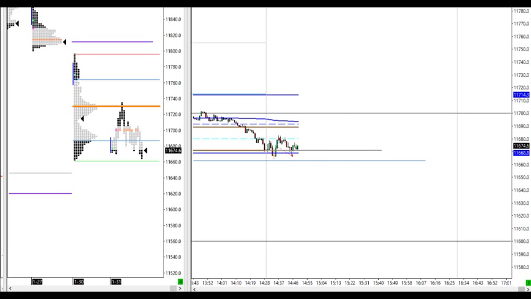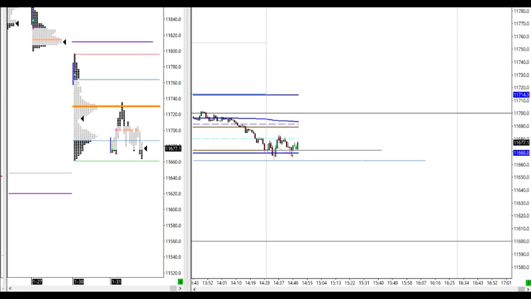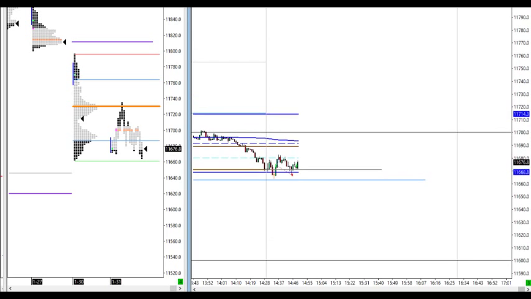I initiated another long here at 74s just against 69s here, very tight stop, in anticipation this will hold once again support here at the low of the first hour of cash trading range, so anticipating this can go up to VWAP and 700s eventually. Of course we'll scale out as soon as this comes up to 82s or so. This is like a mini scalping session, nothing major happening, so let's see.